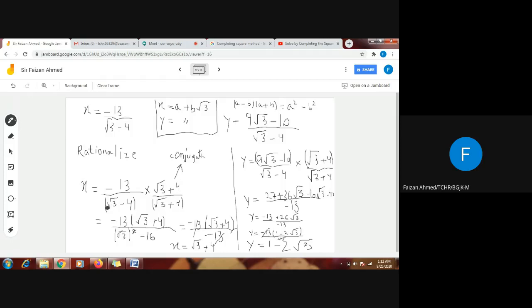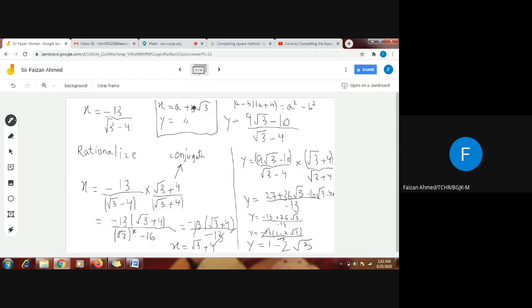This is my a and this is my b. So a square will be root 3 whole square minus b square, the square of 4, that is 16. The square and root cancel, so 3 minus 16 will be minus 13, and there is a minus 13 at the top as well, so it cancels out, and the value of x will be root 3 plus 4, or you can also say the value of x is 4 plus root 3,